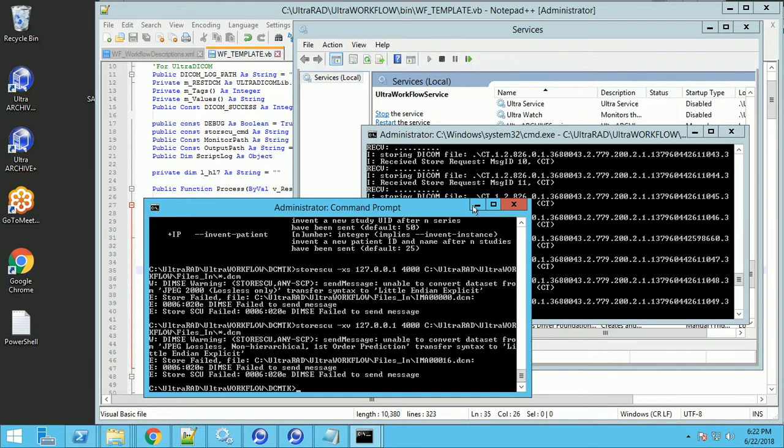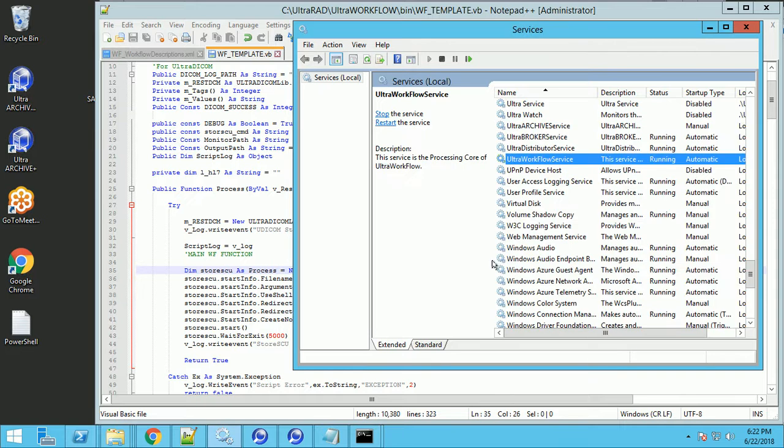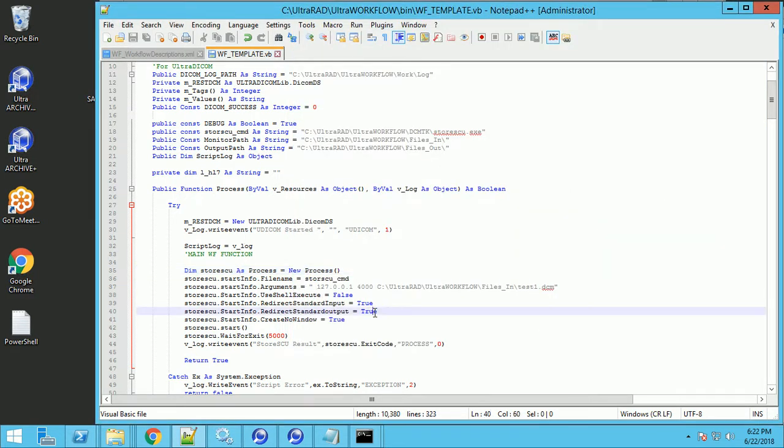All right, so now that you have a little bit of a background on how to use the command line and how to go through those files, now what I want you to do on your own is try to write a script that instead of just sending one file like I did in this script, embeds this inside a loop that loops through all the files. You already know how to loop through files, right? We already know how to loop through DICOM files. We did that before. So now we're going to loop through those DICOM files, but you have to take one